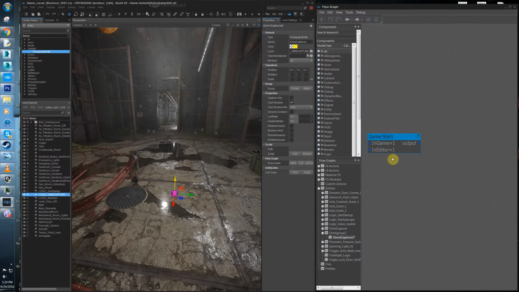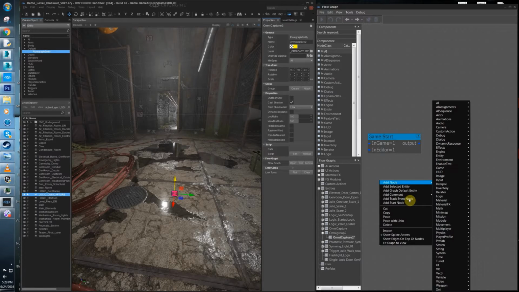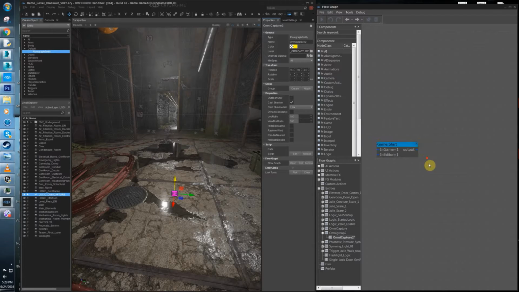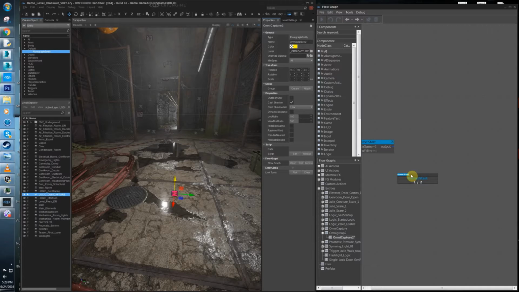And if you wonder how to get that really fast, I just hit Q and then click on the game start, since it's the default node. You can also click add start node if you want that node. Okay, so now the way I do things logically is that I like to set up my initial conditions before I do anything else. So I'm going to throw out a logic any here